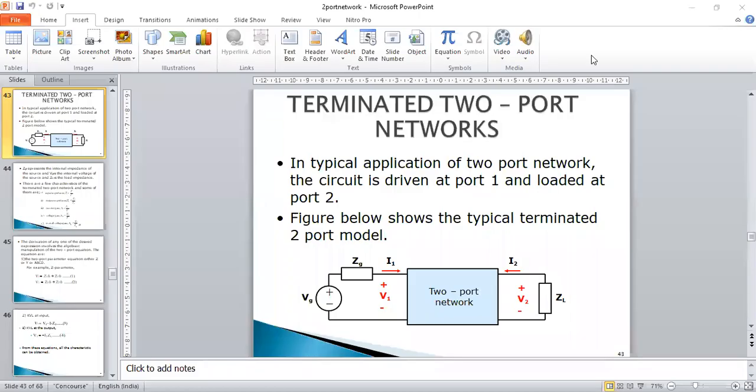So, this is the continuation of the two-port network. Earlier we have studied the Z parameters, Y parameters, ABCD parameters, and now the fourth one is terminated two-port networks, which we are studying to resume the previous lecture of two-port networks. So terminated two-port network is